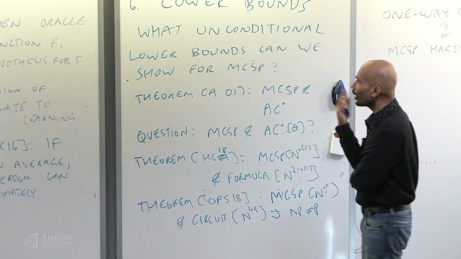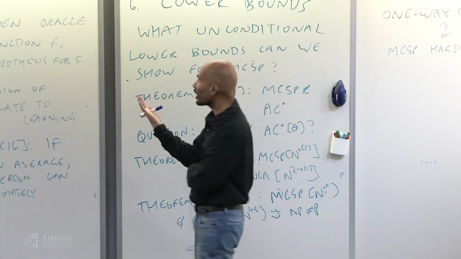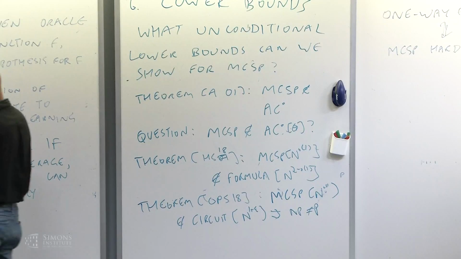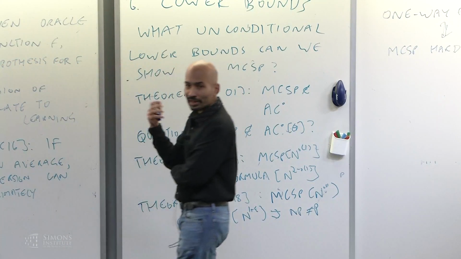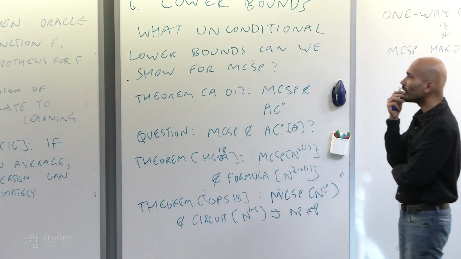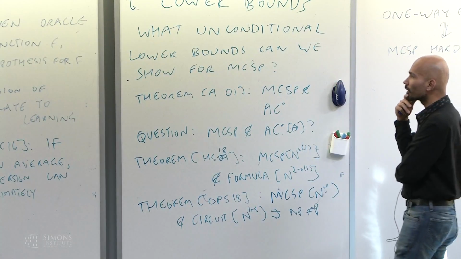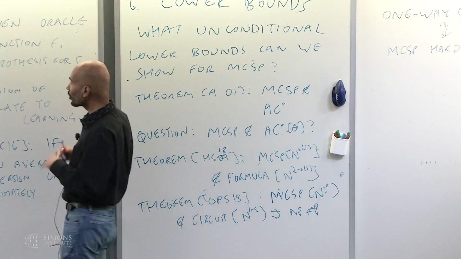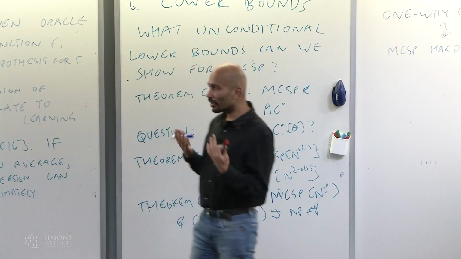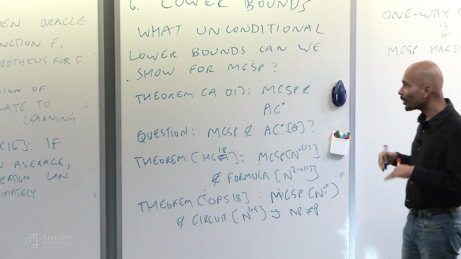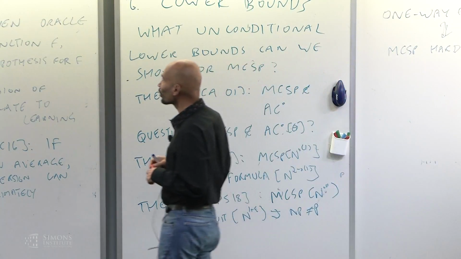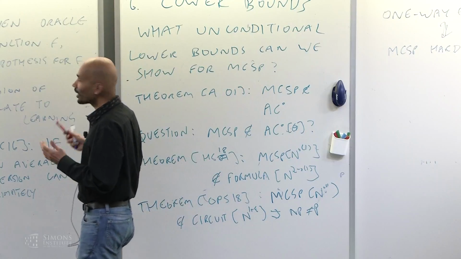So I talked about a few connections between MCSP and other areas in complexity theory. There's a lot that I wasn't able to talk about. There are connections with proof complexity, with algebraic complexity, with combinatorial complexity, as I mentioned earlier. And there's going to be a reading group this semester on MCSP. We'll be looking first at the Kabanets-Cai paper, then CIKK, and maybe other papers. So if any of this interests you and you're here for longer, do come along to that. But that's all I have to say for now.